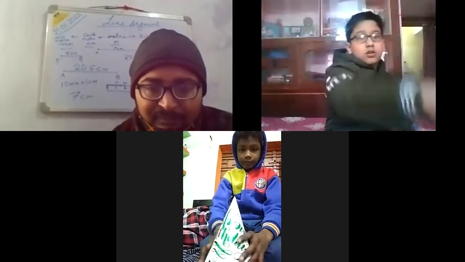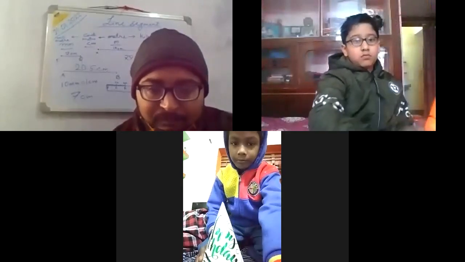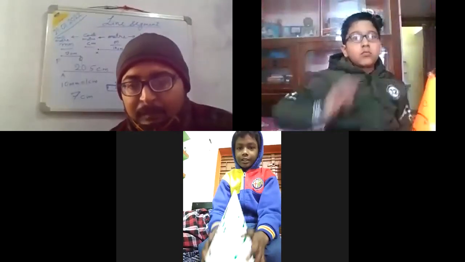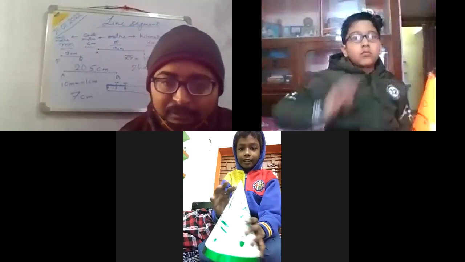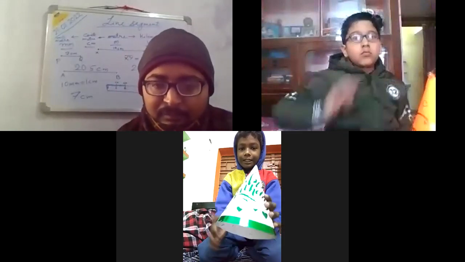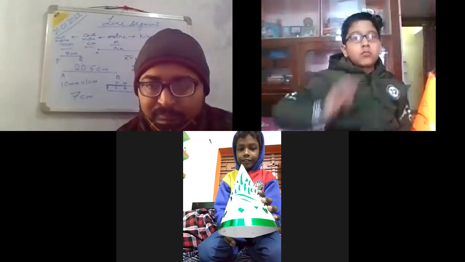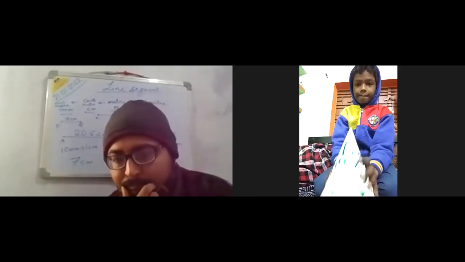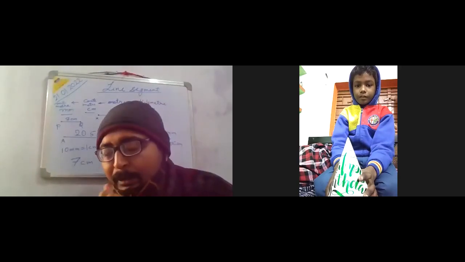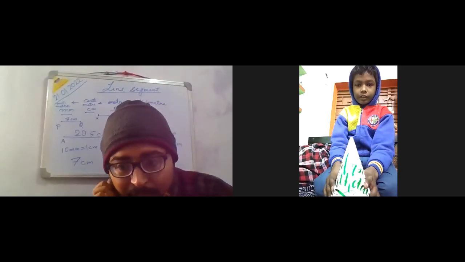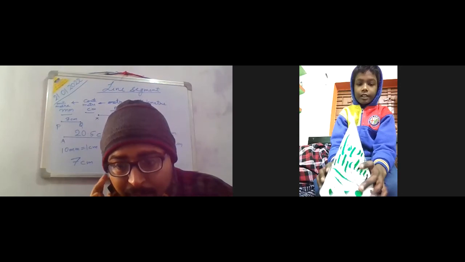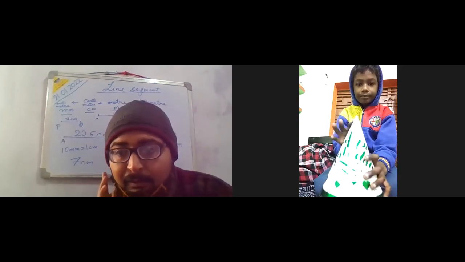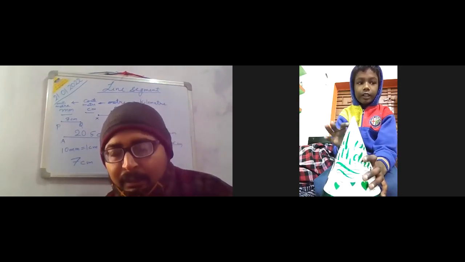Sir, can I? It has one vertex. Sir, it has one curved surface. Sir, it has one edge. Sir, it has one plane surface. Yes. One plane surface. Explain me again. Sir, can I? Your sound is not clear, beta. Sir, it has one